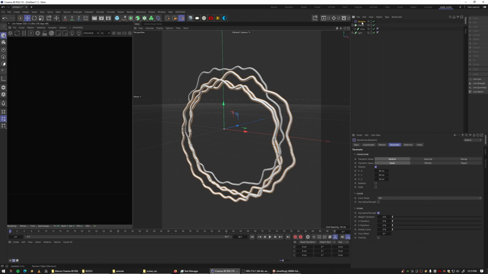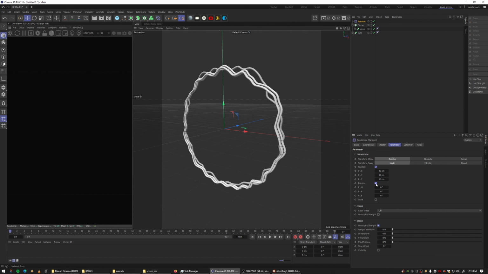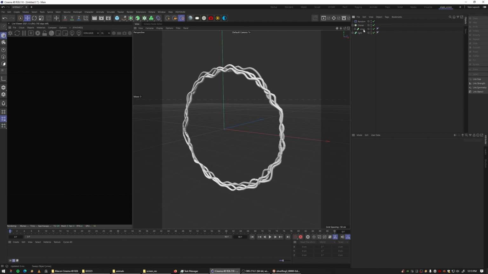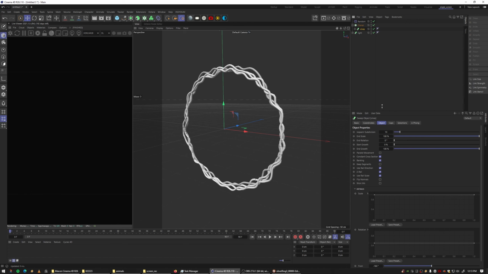So I'm going to go into the random effector. I'm going to change the position to maybe just 10 by 10 by 10, and then the rotation, so that we get some variation in here. Now what I'm going to do with these vines is I'm going to go into the sweep object, and then